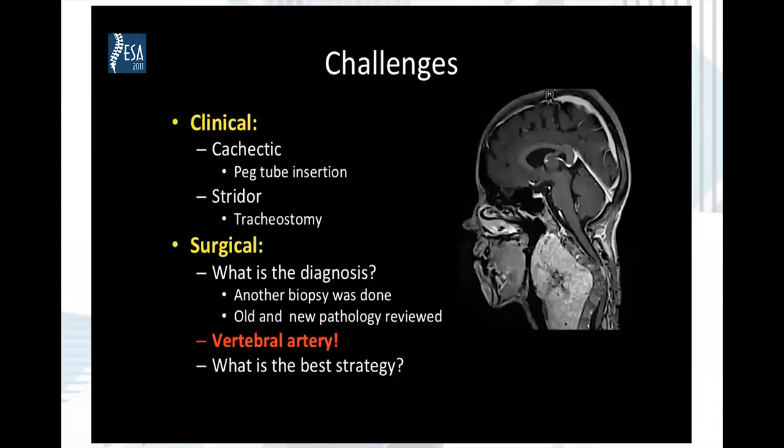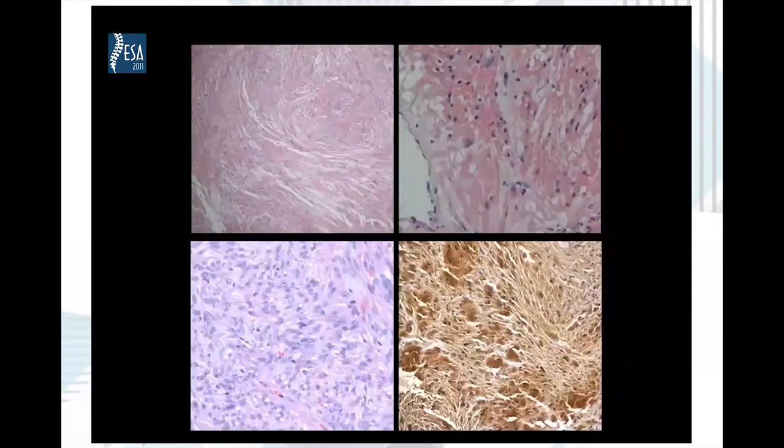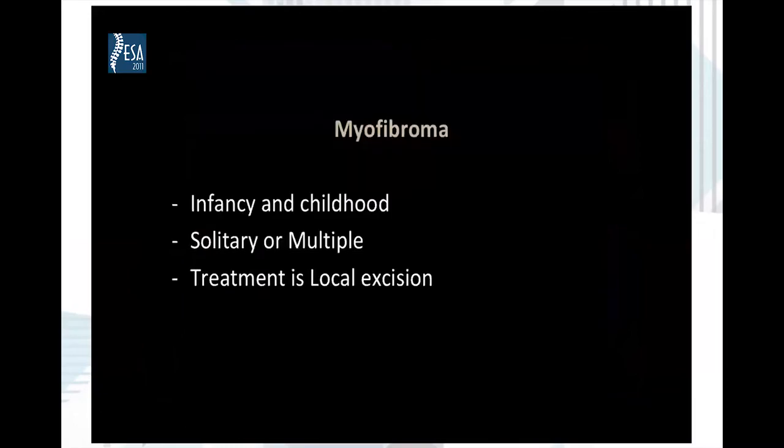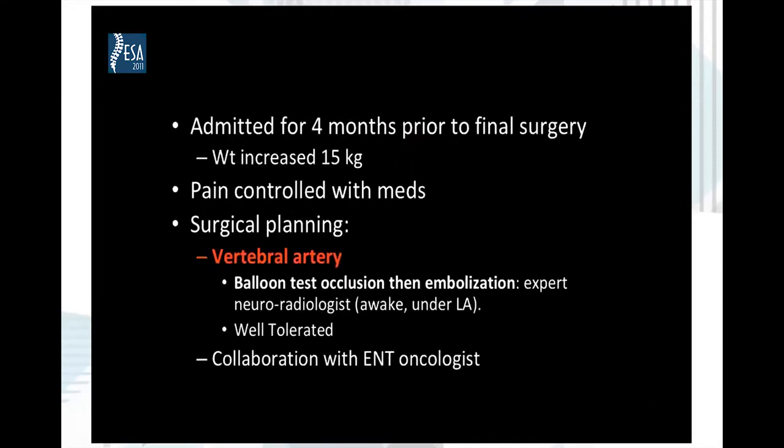So initially we performed a biopsy and evaluated the vertebral artery using an angiography. This was the biopsy confirming a myofibroma, which is a tumor of infancy and childhood, and the treatment is local, a total local resection. So she was admitted for 4 months, where we helped her to increase her weight, controlled